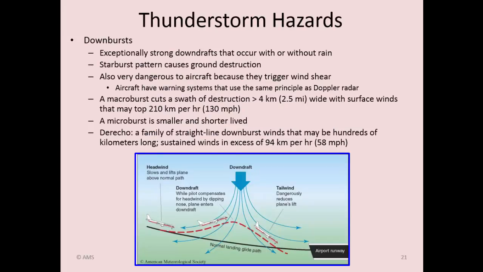Certainly a lot of hazards are associated with thunderstorms. These downbursts, microbursts, wind shears, we've got all those names, but really it's a downburst, okay? Remember what I said earlier, that not only rain falls out of the bottom of a thunderstorm, but also cold air falls out. And sometimes this cold air can fall down at a very high rate of speed, a very great velocity. And we didn't really know about this until about 1985,